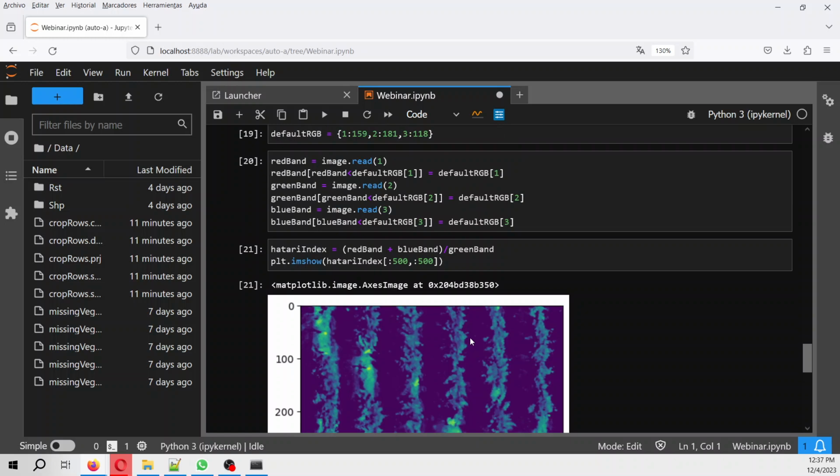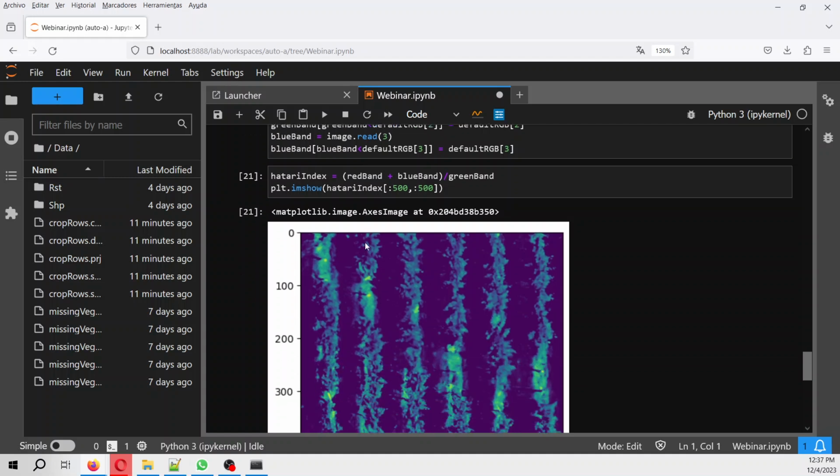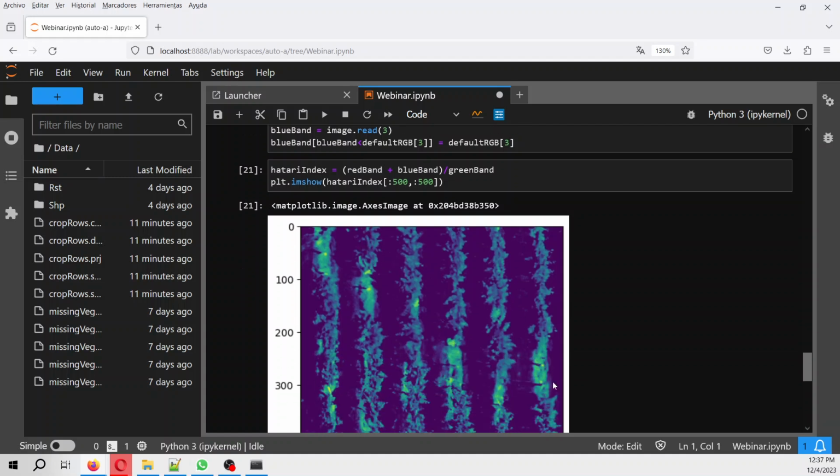We can do that as well with just one band, but in this case with the Hatari index we got something better. This is the normal vegetation. Okay, this is the normal vegetation. These are the empty rows, and the non-vegetated or partially vegetated parts appear really clearly